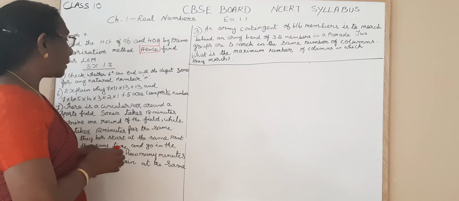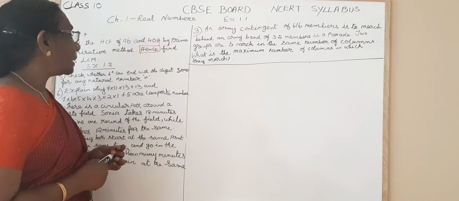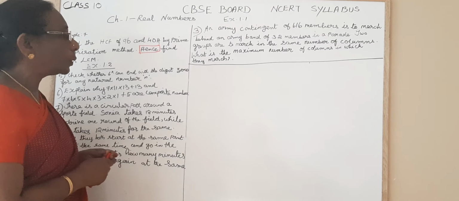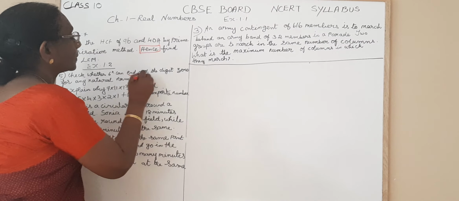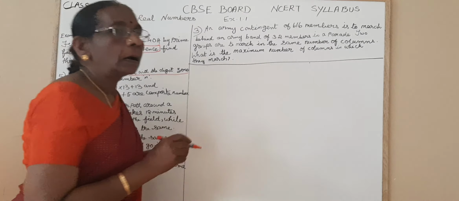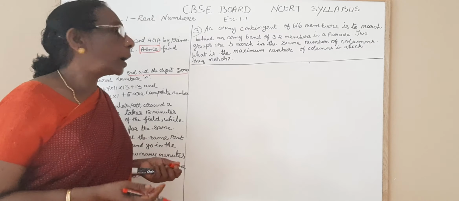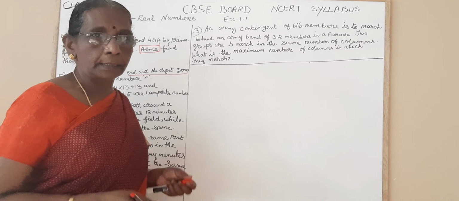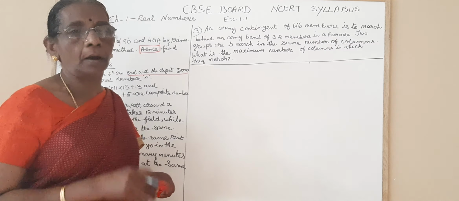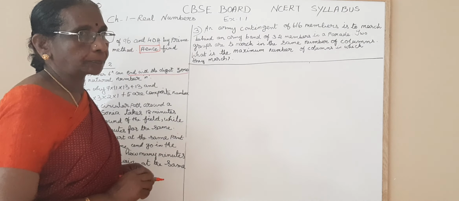What is the meaning of end with the digit 0? The last digit will be what? The units place. That is, units place of the value of 6 power n should be 0. For what value of n you will get that? Is it possible or not? Okay, that's the meaning of the question.